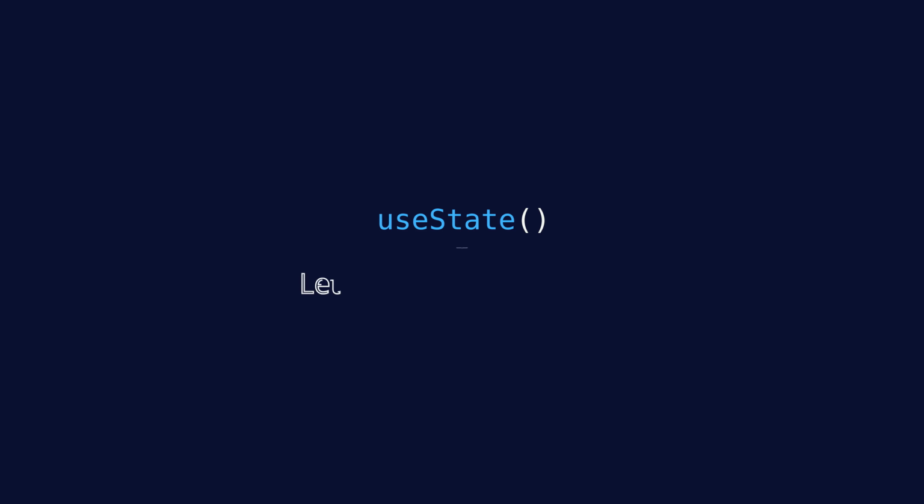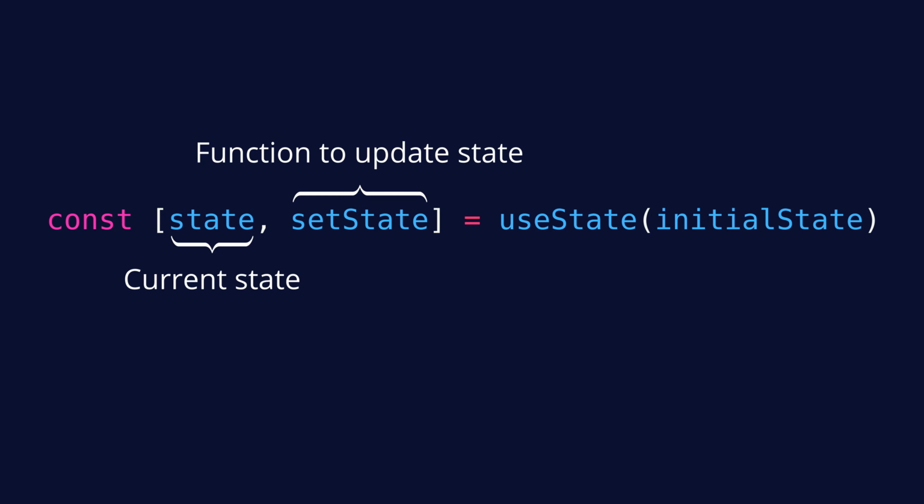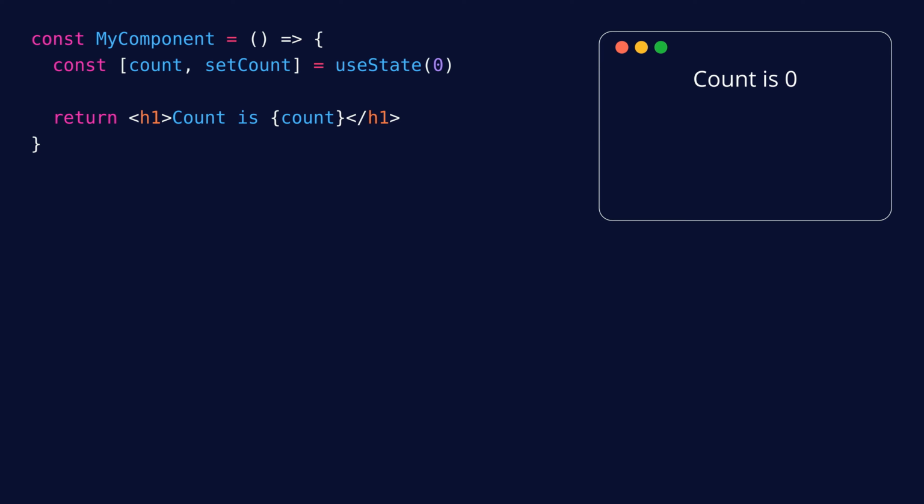The useState hook lets you add local state to function components. It takes the initial state as argument and returns an array with two values, the current state and a function to update the state. For example, here we declare a count state variable, which has as initial value 0, and then render it. The value of the count variable will be 0 across 3 renders until we call setCount to update